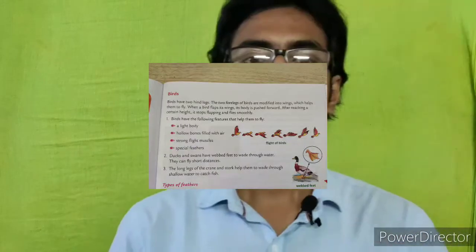Next, snakes. Snakes do not have any leg. Yes, they move with the help of their muscles and scales in the bottom side of their body. So how do snakes move? They move like this. In the bottom side of their body they continuously squeeze and release their muscles, and that helps them to move. Next one is birds.